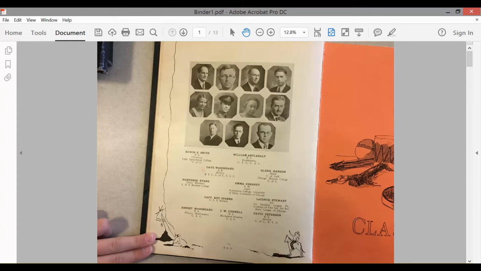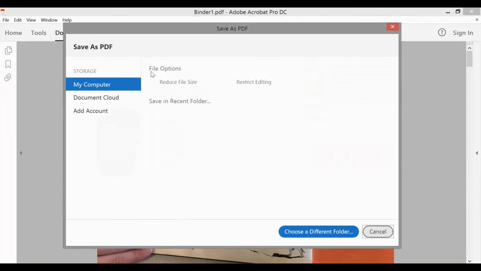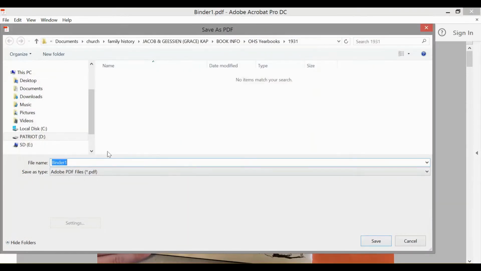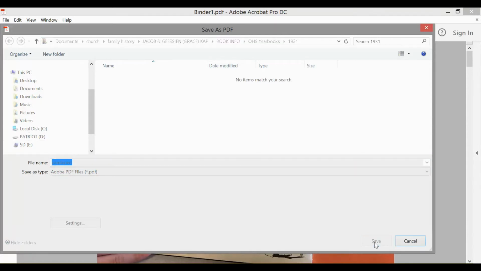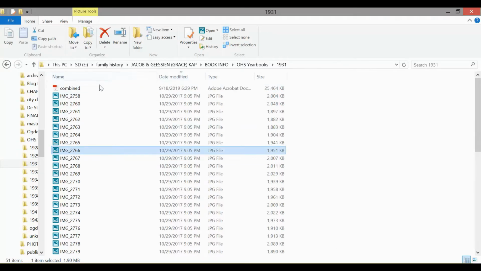Now we have our PDF done, so all I have to do is save it as a PDF file, and we'll save it here in the same folder, and we'll just call this combined, and hit save, and it's going to take just a second there to save that. And then we're able to go back into the folder, and we find the combined file here as the most recent file that was created, and we open it up,